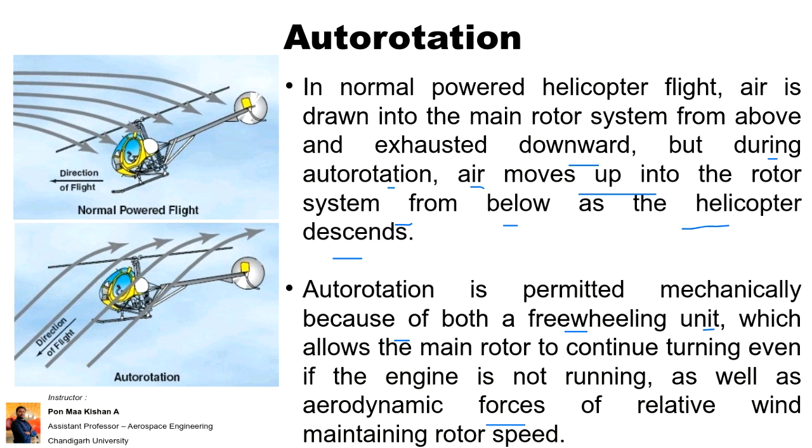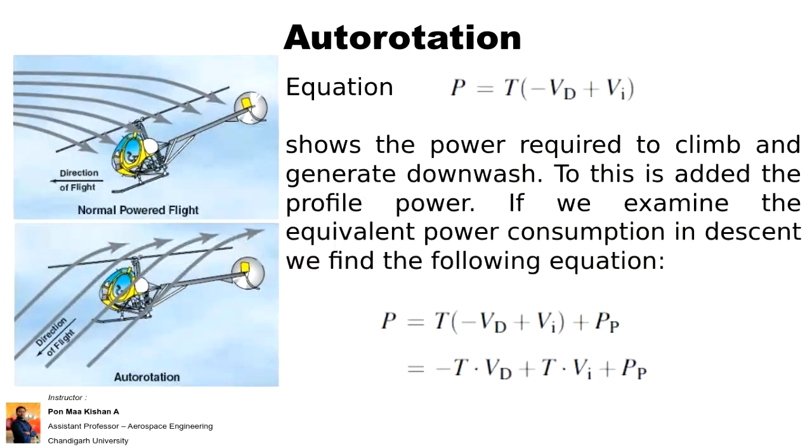Okay. So due to this flow and the pitch angle which we are maintaining, we can generate a lift, and that lift will give the rotational moment, so that we can maintain the rotor speed for a particular level. Okay. So this equation is used. Since we are descending, the power equation is used with respect to thrust into descent velocity, that is minus, and plus vi, the induced velocity. Okay.